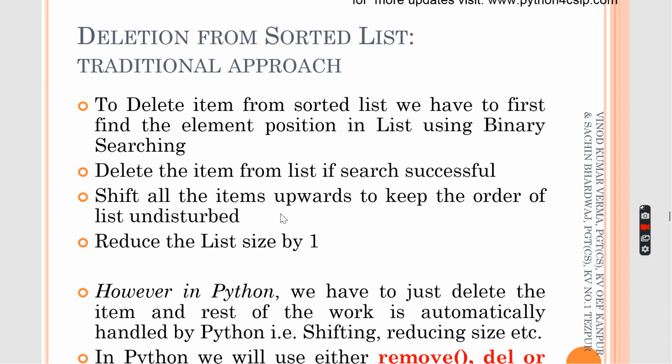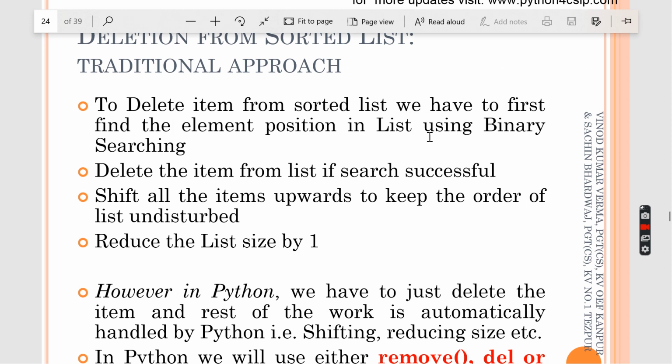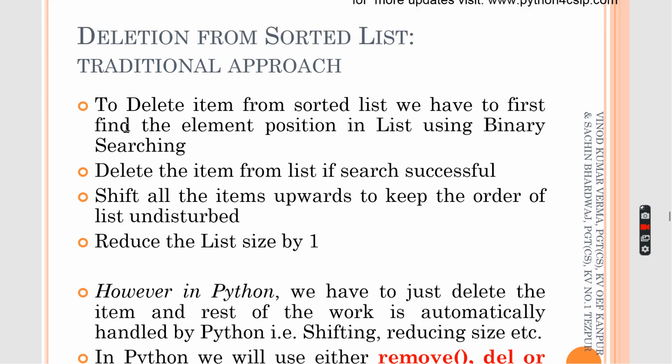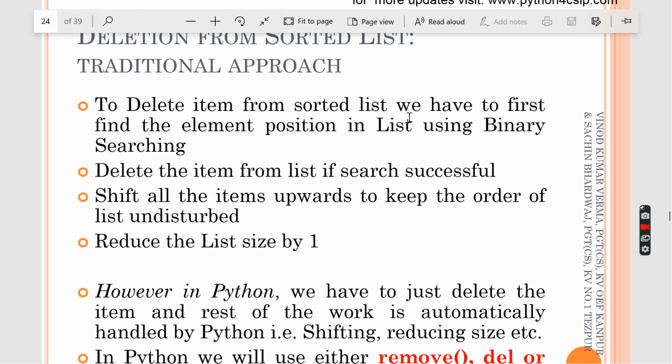Today what we are going to see, today we are going to delete an element. So the required element to be deleted is from the sorted list. Sorted list means an ascending order list, okay? The list should be given in ascending order. That is what a sorted list is. So if you give those elements in a sorted list, then again you are going to search the position of the given element in the list using binary search.